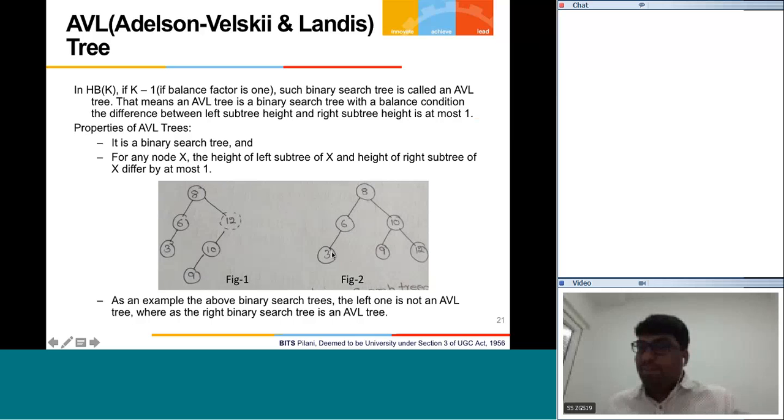How many right children does it have? Right, 6. So 1 minus 6 is 1. So that's why 6 has got the balance factor 1. Got it? Okay. The figure 1, if you see, is not at all an AVL tree. Why? Because